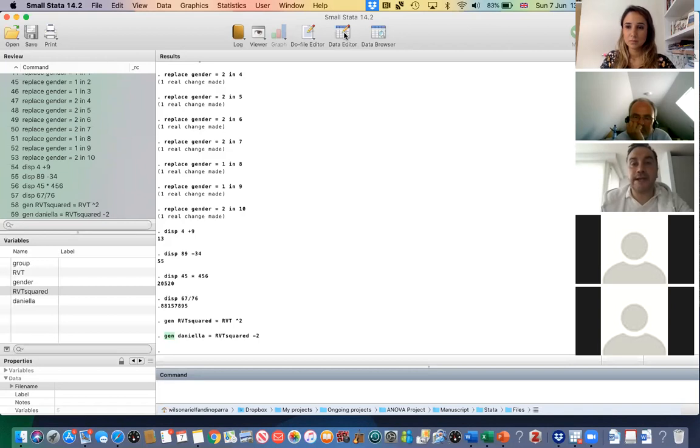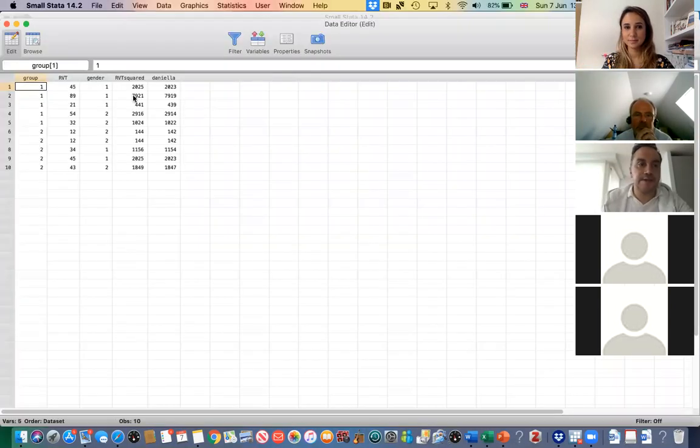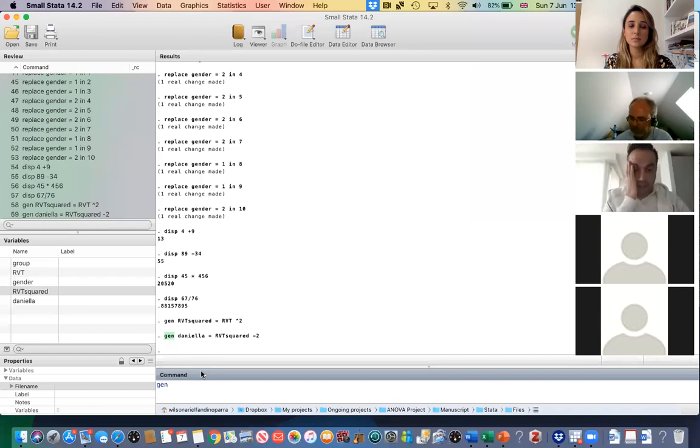So what Karla was, sorry, before I forget, now that you mentioned organize, and before answering your question, Karla, I wanted to show you something as well. So you see, for example, the RVT here, and then sometimes you might be interested in organize this data in ascending order, for example. So you see the data here. I'm going to generate another command, for example, generate RVT organize, something like that. Equal to